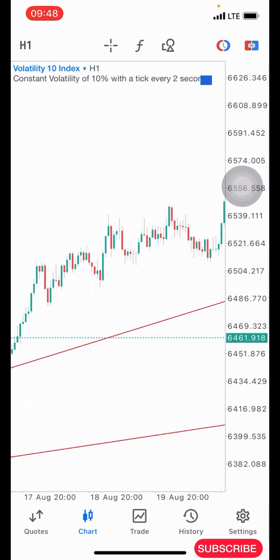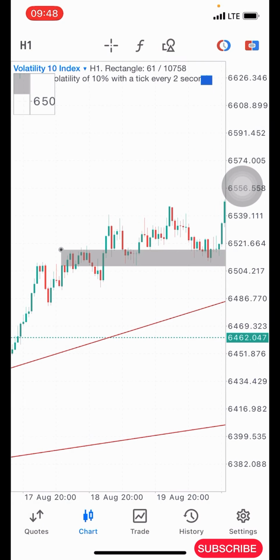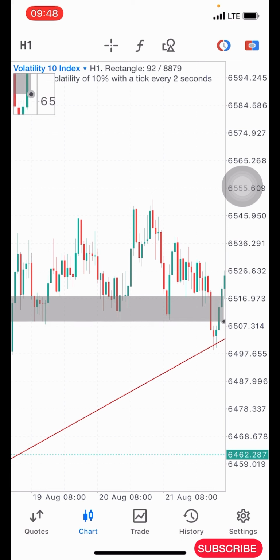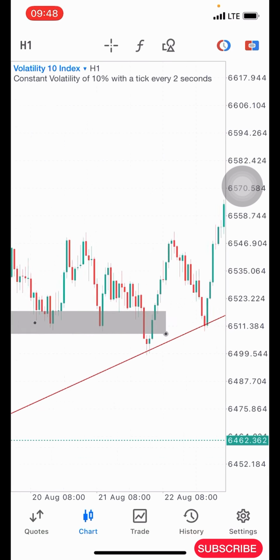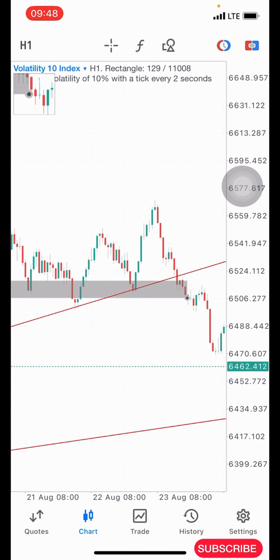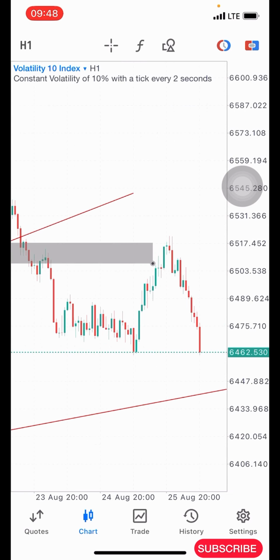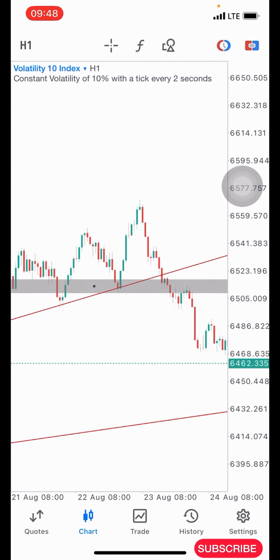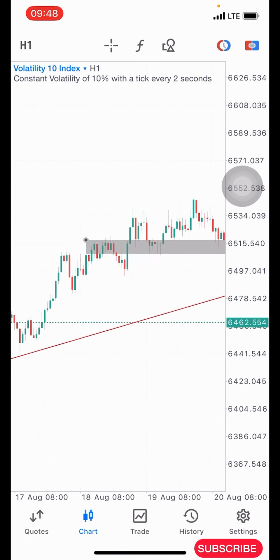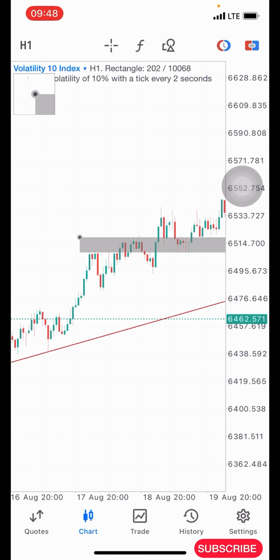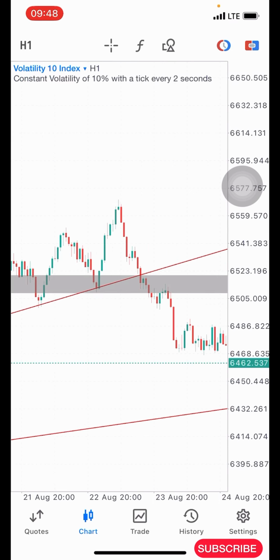So here I marked this support and resistance zone over here so that I will see where the price will bounce from next, okay? So I decided to mark this area like this, and that was how I got that resistance structure there where I took the sell from, okay? So this was how it came about. All right, so after marking this area,